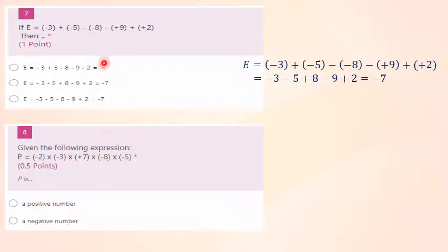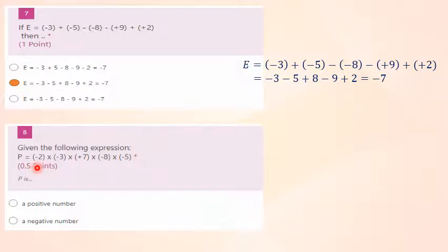Here we have minus 7 in the three choices, but there's an error while writing the signs somewhere. So the correct answer is minus 3 minus 5. So the first one is wrong. Plus 8. Here is our correct answer. The error of the third one, here we wrote minus 8. Okay? Now, given the following expression,